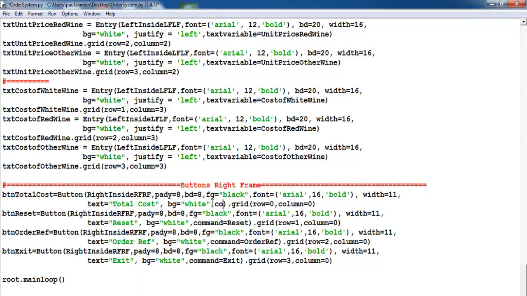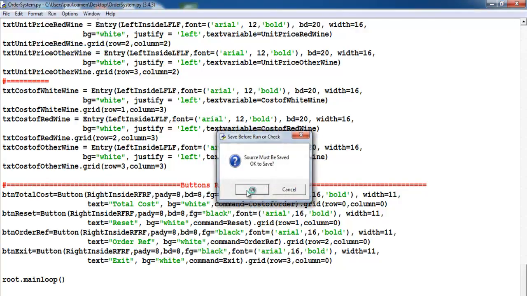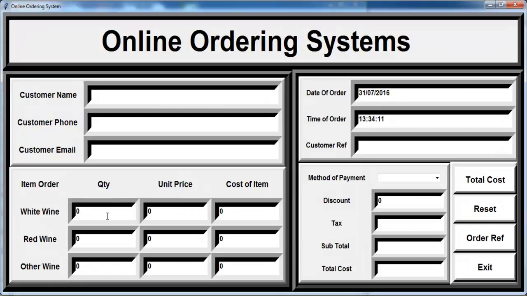That'll be command equals cost of order. Alright, so that's fine now. Let's save and run. Okay, we enter some value in here, and the cost of each unit. So click on total there. Okay, see, so that is working now,